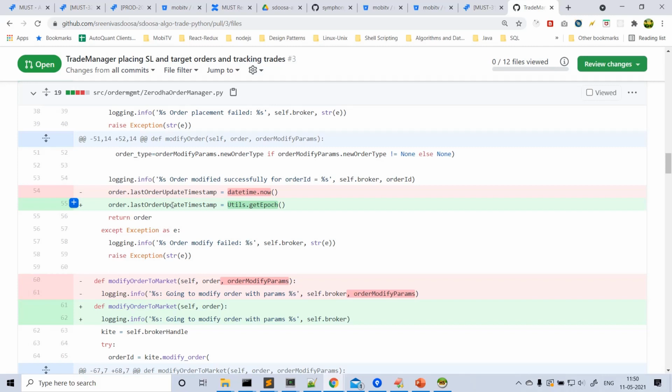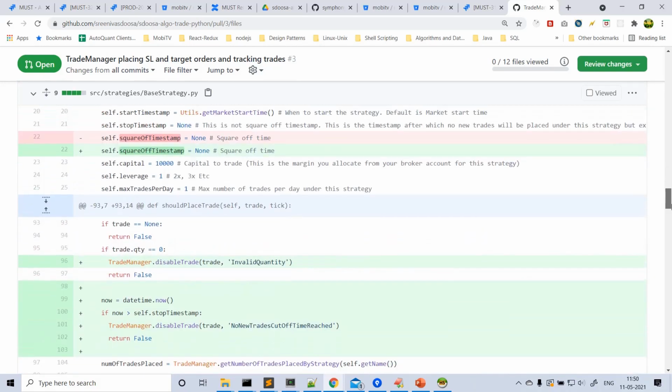So the create timestamp, stop timestamp, last order update time, whatever timestamp. Since we are storing all the values to JSON files, instead of storing a datetime object, here I am storing all the epoch timestamps in seconds. Throughout the code, wherever a timestamp is stored to a JSON file, I am storing an epoch time instead of a datetime object. Epoch time is nothing but the number of seconds from 1970 January 1st till date. You can look at the utils get epoch function for more information on it, okay?